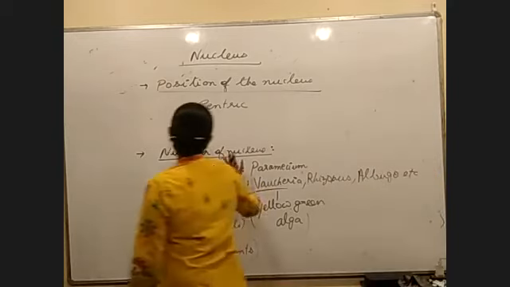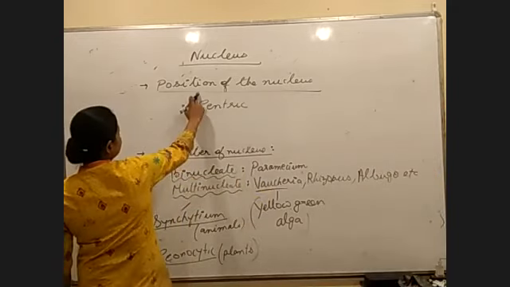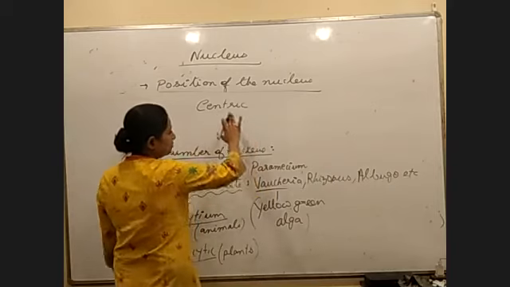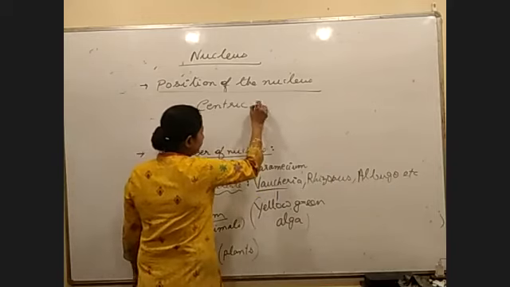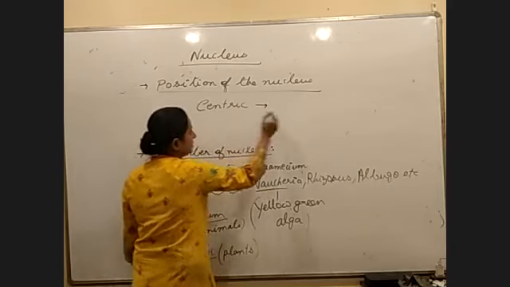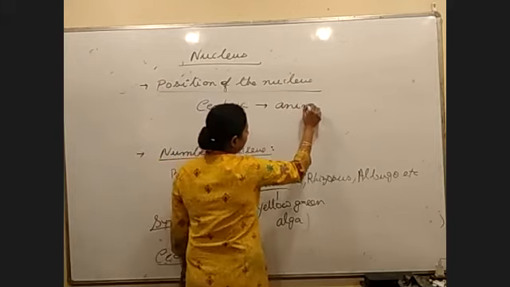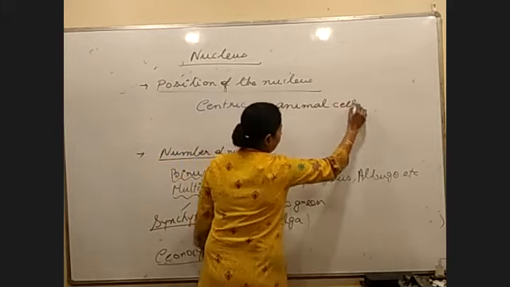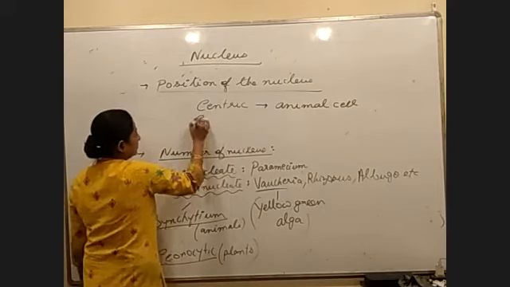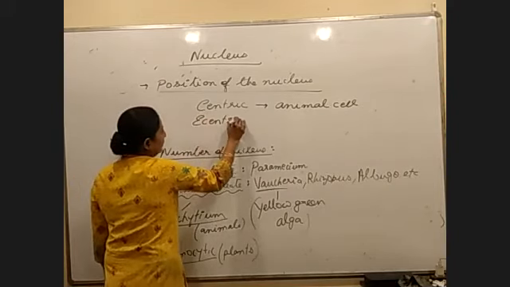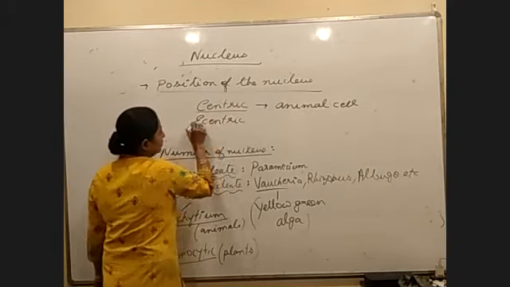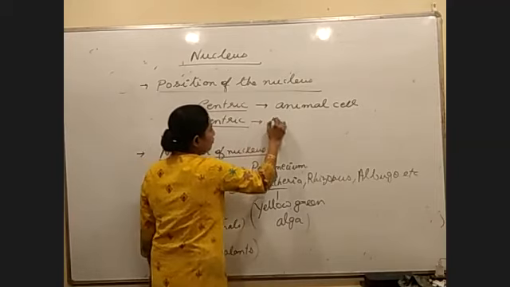So next is number of nucleus, we have discussed per cell. Next is position of the nucleus in a cell. We use the word centric. Centric nucleus or central nucleus is a characteristic of animal cell. Eccentric is another word that we use. That is a characteristic of